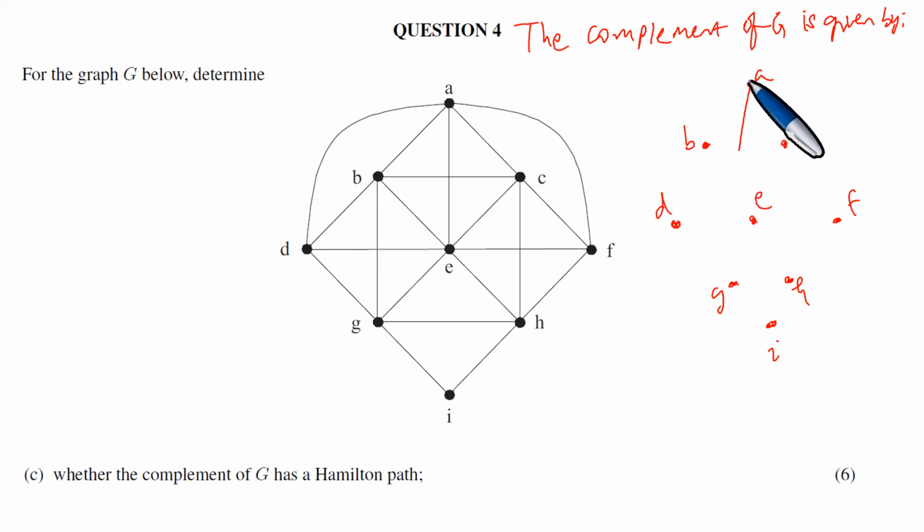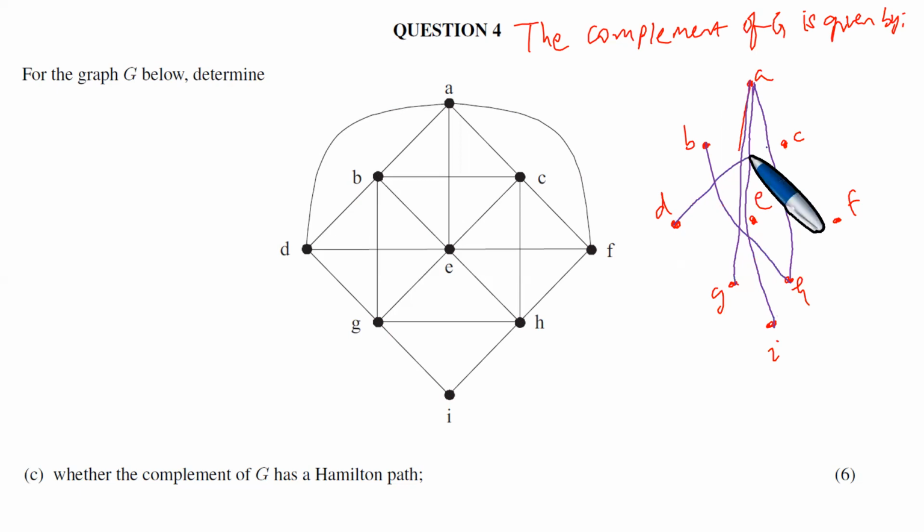Let's connect A with G, right, and then A with H, and then D with H, let me see, A with I, and then D with C, and then this one with this one, and then this one is this one, and then this one is this one,